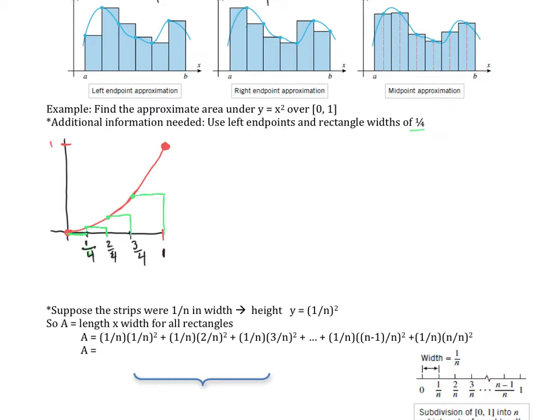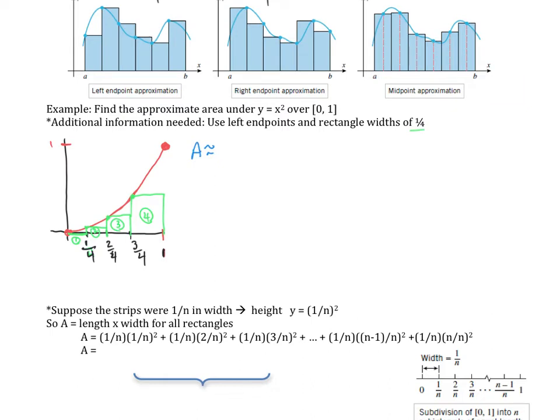Now I can draw these in like that. You know I'm going to get an underestimate. This is clear that I'm going to get an underestimate. There's a lot of area in here that I have not taken into account. So this is a huge underestimate for this particular problem. But let's take a look at what we have. So this is rectangle 1, this is rectangle 2, this is rectangle 3, and this is rectangle 4. All right, so the area is going to be approximately